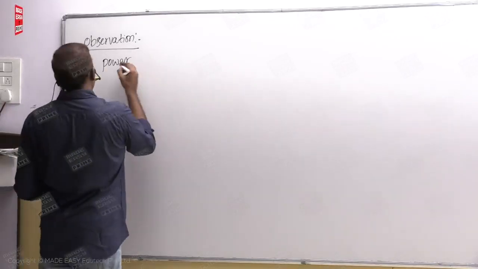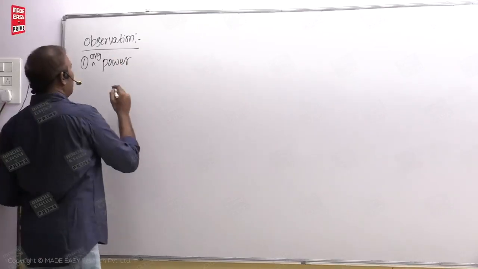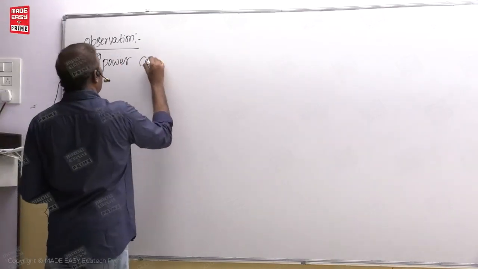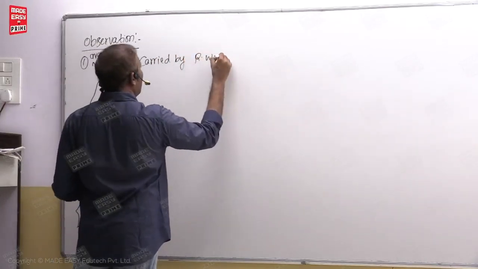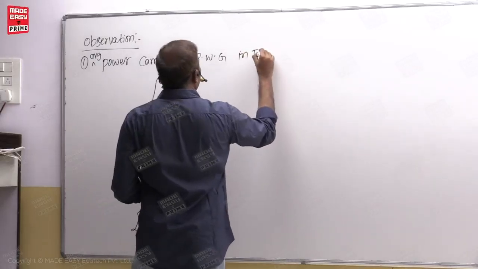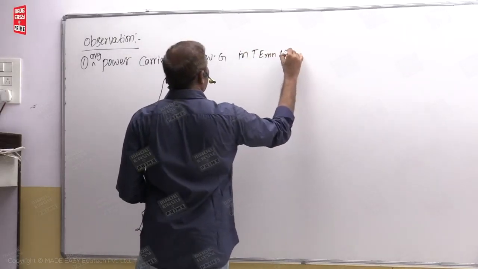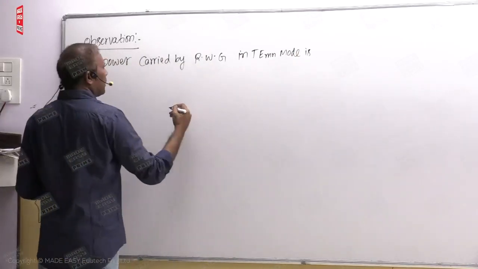Always average power only we will talk of. Average power carried by rectangular waveguide in TEmn mode is